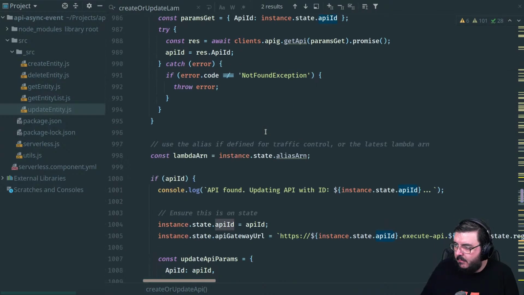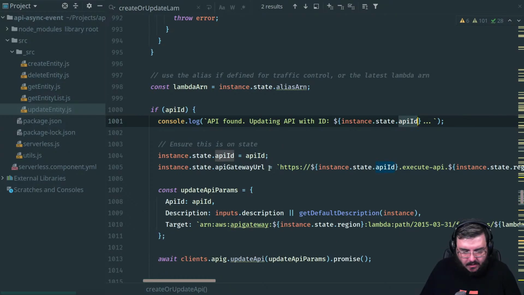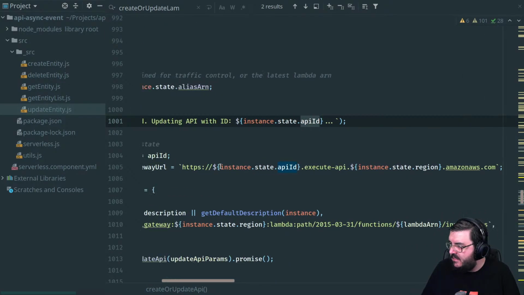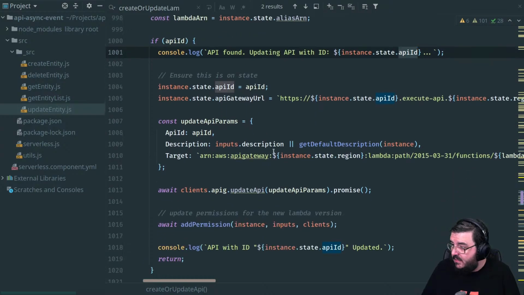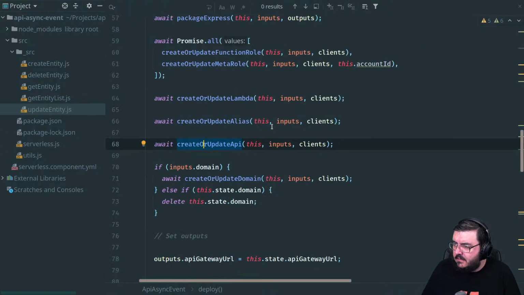I'm going to immediately, so this is the alias ARN. Okay. I'm just going to look through this so we can see what we're dealing with here. We only need the one API and one API gateway URL because this isn't the specific endpoints. That's fine. I'll let it worry about creating that single API, but does it?